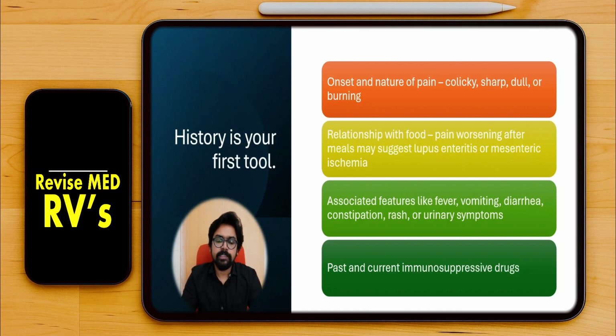You have to also ask about the other associated features like fever, vomiting, diarrhea, constipation, any rashes or urinary symptoms, because you have to assess whether the patient is having any active SLE or infection, and the usage of past as well as the current immunosuppressive drug, the dosage, at what level he is getting the immunosuppressive drug. So these are very important for the initial evaluation of a patient who is coming with abdominal pain in